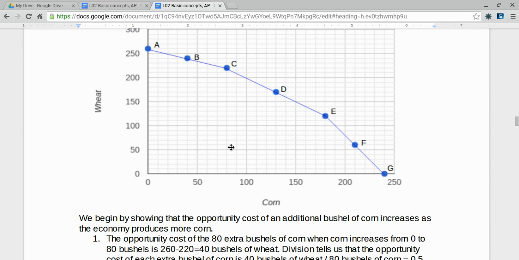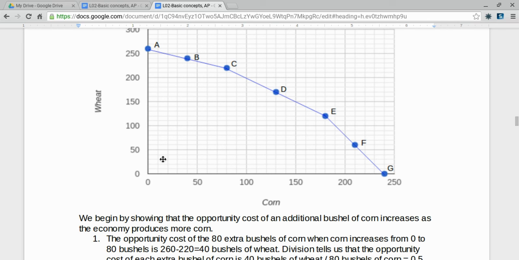But what's going to happen here as wheat goes from 0 up to 120, we're going to give up 0.5 bushels of corn for each extra bushel of wheat. As we go from 120 bushels of wheat to 220 bushels of wheat, we're going to give up 1 bushel of corn for every extra bushel of wheat. And as wheat goes from 220 to 260,